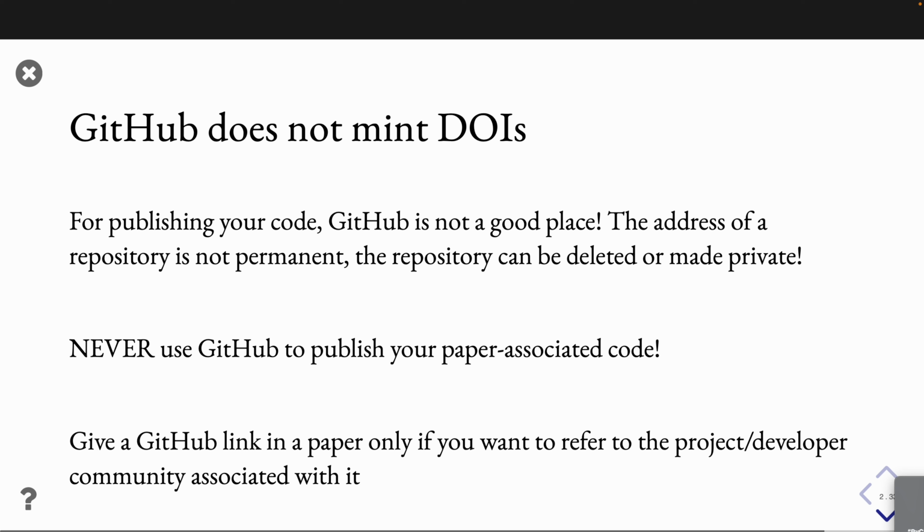In some situations, for example you are presenting a tool that will be developed online by a community that is developing the tool on GitHub, in that case, it makes sense to put the GitHub link. But if you want to just put something in a paper and make sure that it is permanent, do not